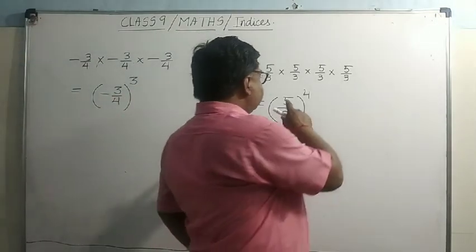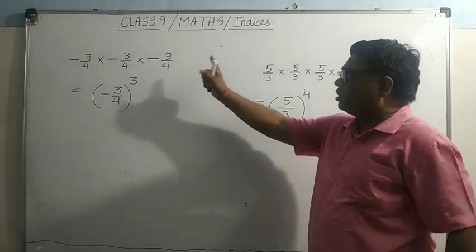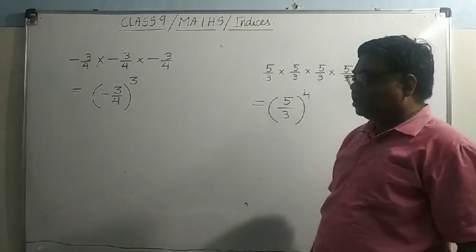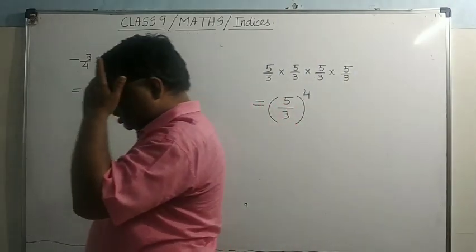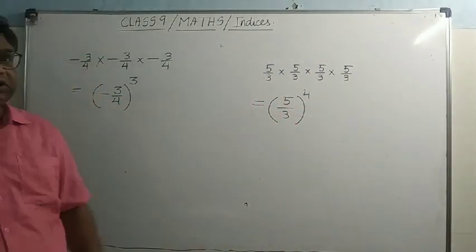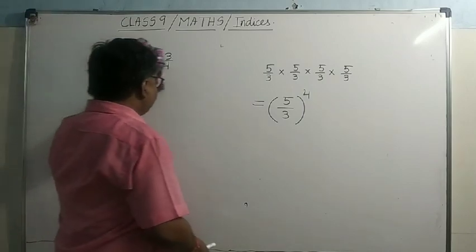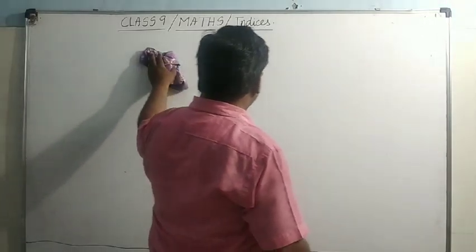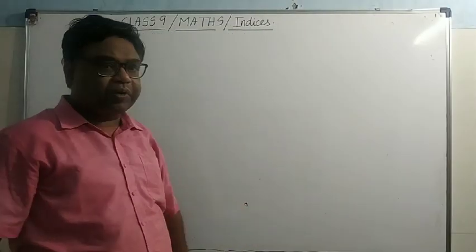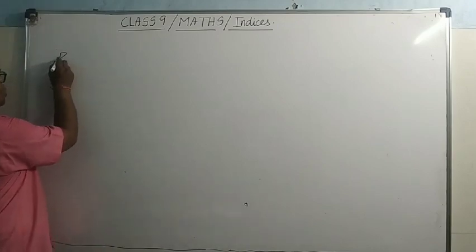Here you have seen that this is the product of a few fractional numbers. Now we will learn the product of exponential numbers. Product of exponential numbers means the numbers which are in the power form. How will you carry out the operation of product? Is it clear? So there is one rule, the product rule.